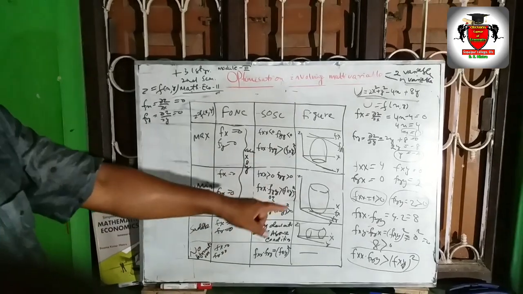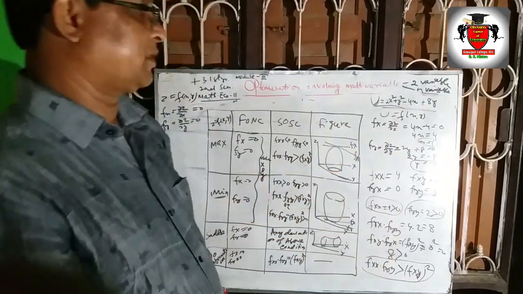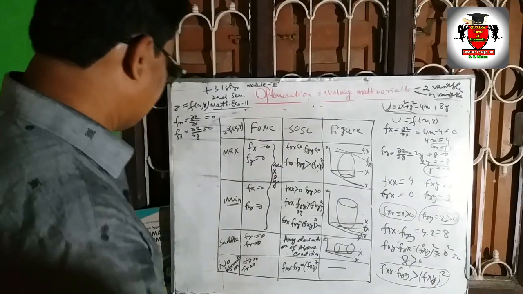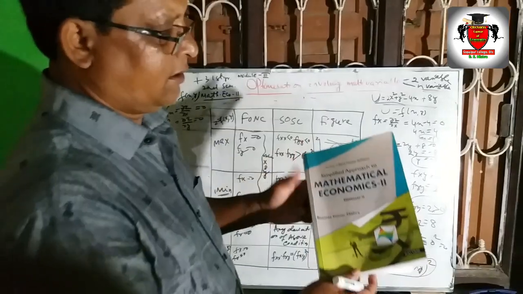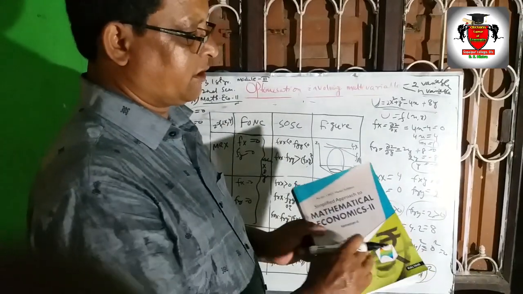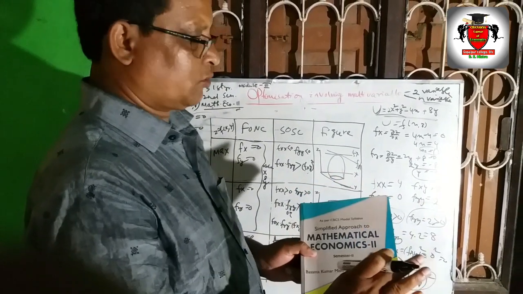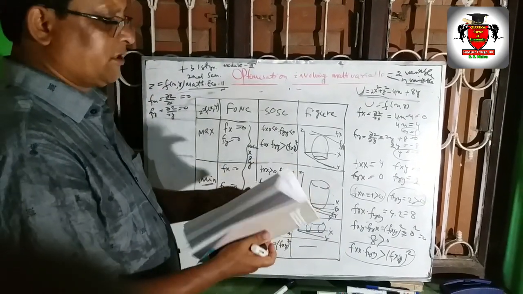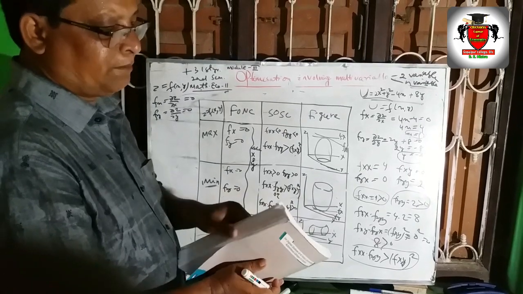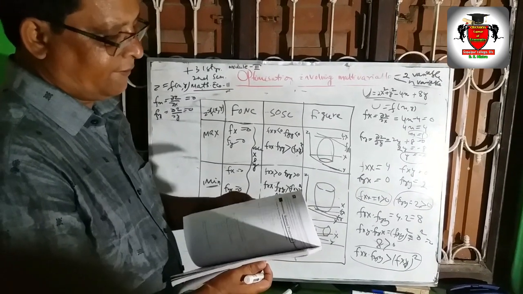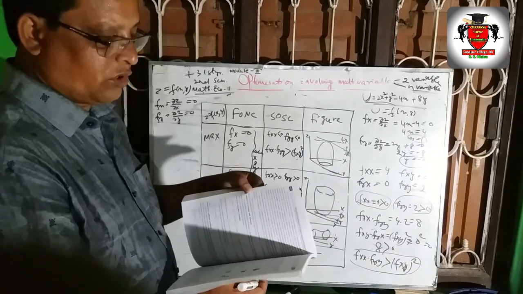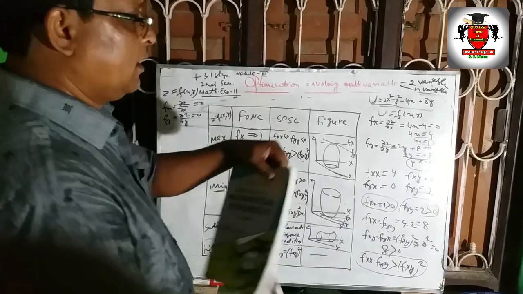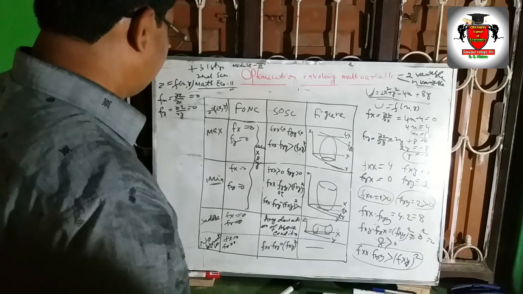Likewise, we will calculate the problems and find the values of x and y for maximum and minimum by taking different examples. This is the book I have written, by Basant Kumar Mishra, published by Kalyani Publisher. This is meant for your total syllabus. It covers the total syllabus. Follow this book and you will find the explanation and the table on page number 201, and the examples are given on 202, and we will follow this book and find everything from it.